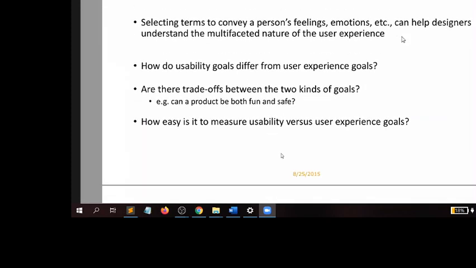Now, the other thing is, how easy is it to measure usability versus user experience? That is a conjecture. It's not easy, because usability is inherently dependent on the user's ability. User experience goals are also influenced by the user's knowledge. Let me put it this way. Like now, you as people are knowledgeable in IT. Your experience of using, let's say, what we call a learning management system, like e-learning or Moodle,